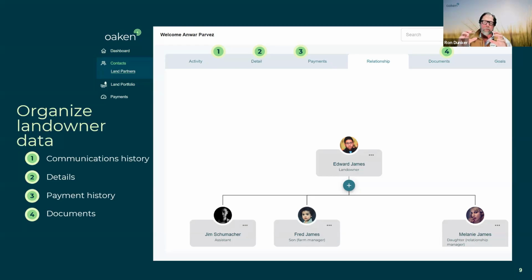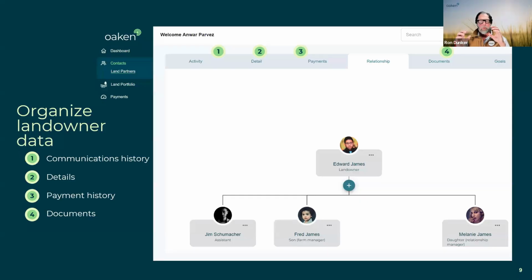But we are organizing your contact info, contact individuals, whether it be tenant or beneficiaries or all that. You can see it in a family structure. And why is that important? Well, it's important because that's how our minds think, and we can include not only those individuals that are a part of that